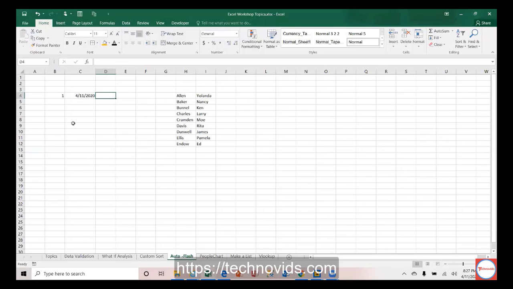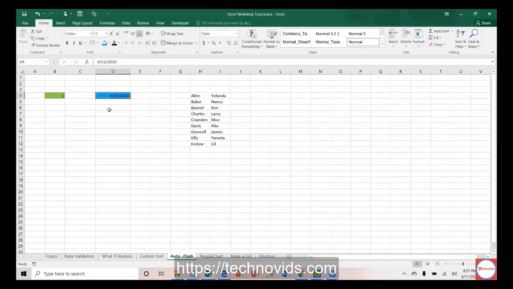Let me just do something here. Let me change the color of this to something else and change this color also to something else, just for demonstration purposes. All right, let me change this, and what I'm going to do is enter this 2. This is what a lot of people do. So I have this, right? I have this.